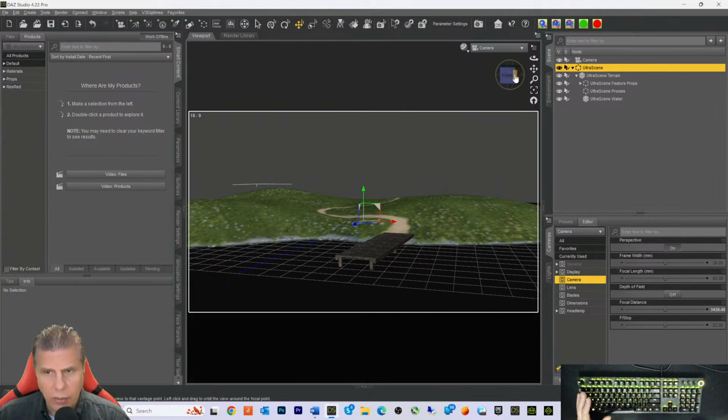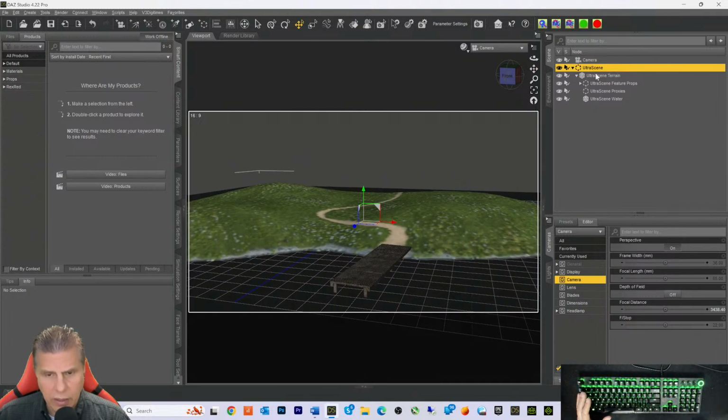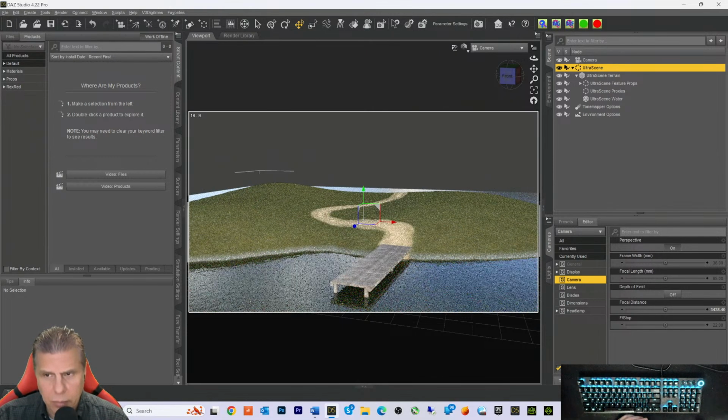Okay, now it doesn't give you the idea that it's an island. Let's see what this looks like in Iray. Now that just put our tone mapper and our